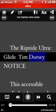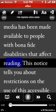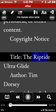The Riptide Ultra Glide, Tim Dorsey. Notice: This accessible media has been made available to people with bona fide disabilities that affect reading. This notice tells you about restrictions on the use of this accessible media, which could be a book, a periodical, or other content. Copyright notice. Pause. So there's my disclaimer at the beginning of the book as usual,